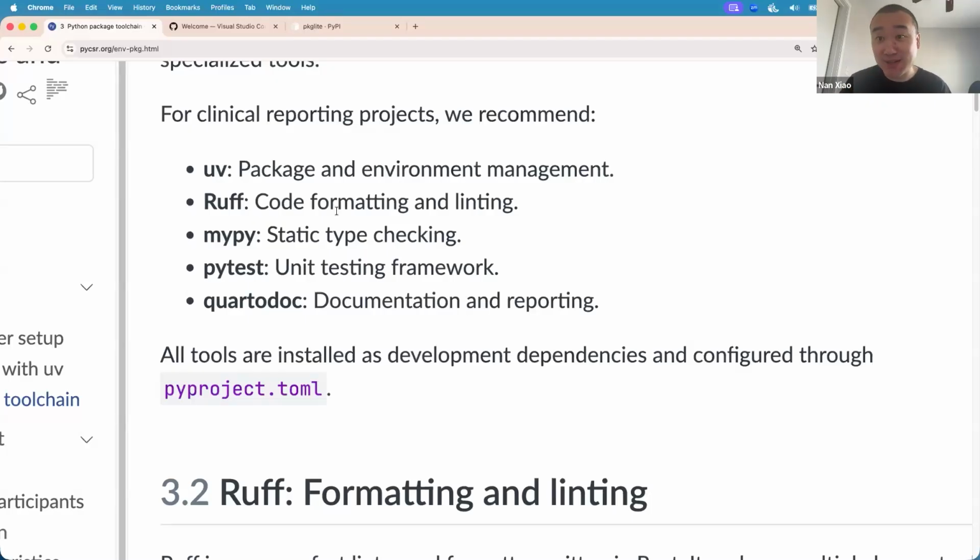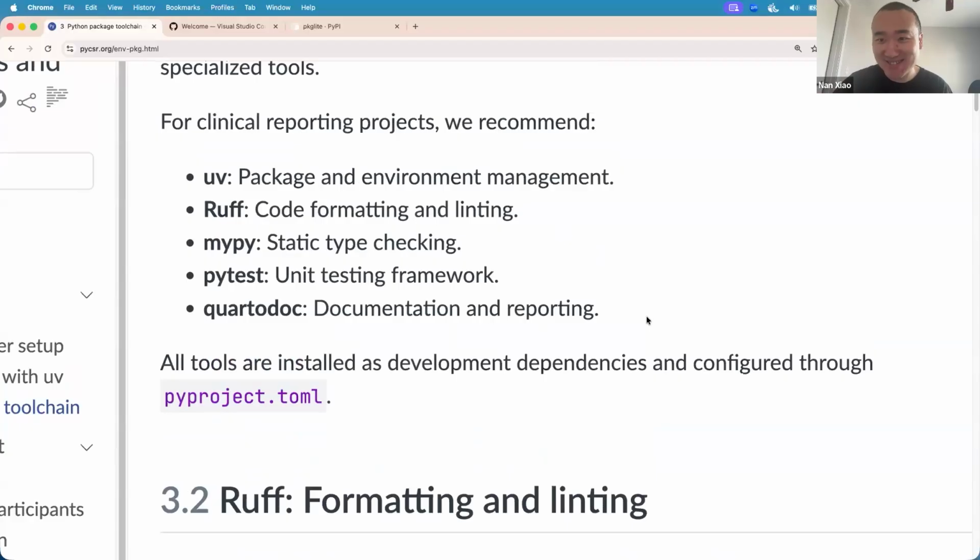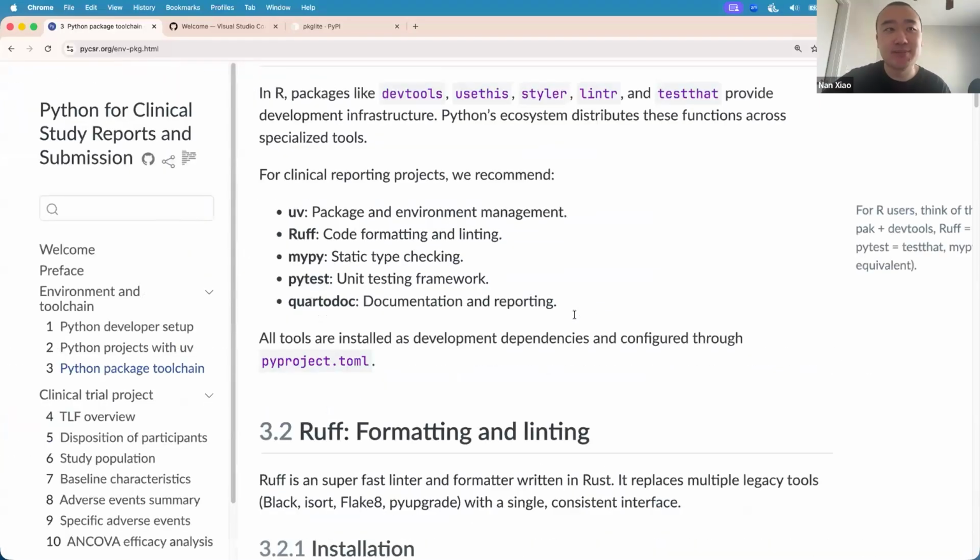Although I would say there are also some other very decent solutions, such as MkDocs Material, which has been used by all these packages we see, not only in Python but also other languages. So definitely check out all the options out there, and all the tools can be installed as development dependencies. As we mentioned, they are mostly Python packages, right? So they can be added using uv add --dev something, right, into your pyproject.toml and organized centrally there.